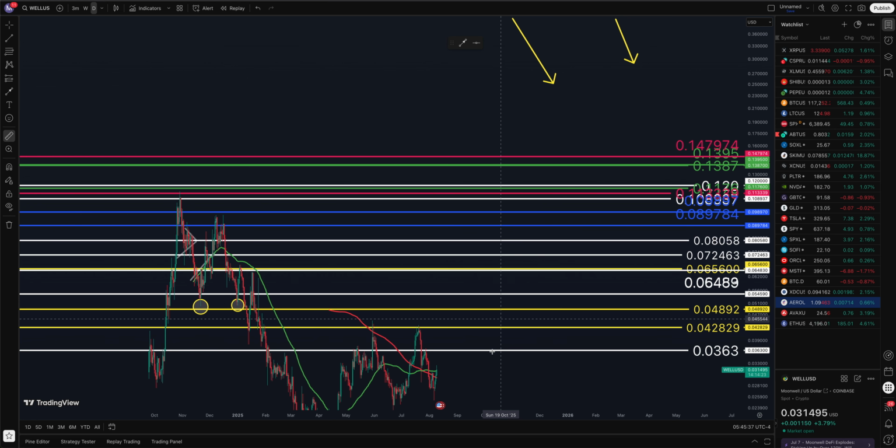So if we got up to that 5.4, where is that? About a 70 or so % move to the upside. Then we have a bunch of other levels in here. We have some resistance up here at right around 9-10 cents. That's about a 200% move back to the highs over here. 11-12 cents, about 250%. And then if we go up to that 20-25 area, that's about a 600, or 650, call it. And then up to right around 29 was that last one, you call it 800%.